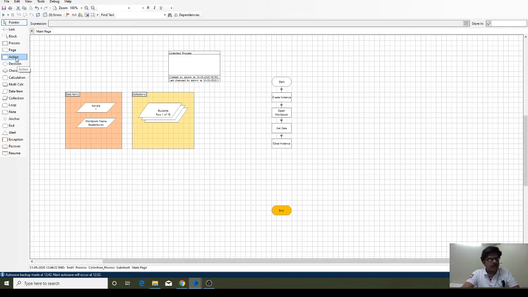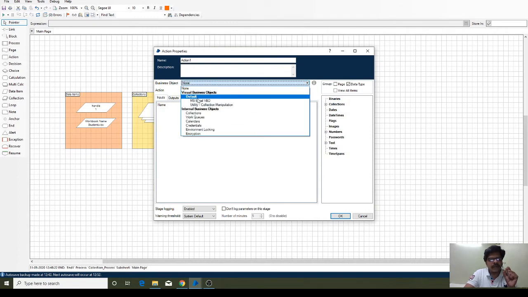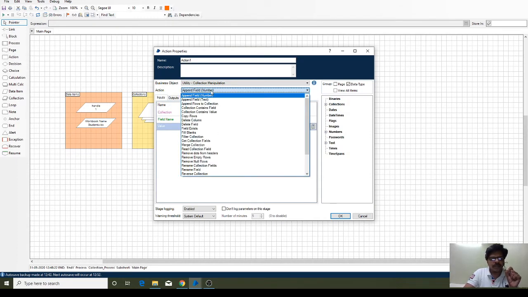For this purpose, I am going to use an action. We already discussed that for any data manipulation on a collection we use the Utility - Collection Manipulation object. In this object we have one action called Field Exists.